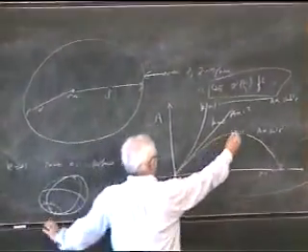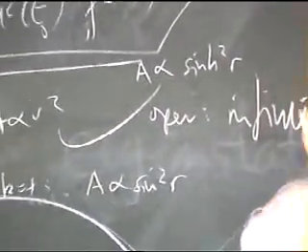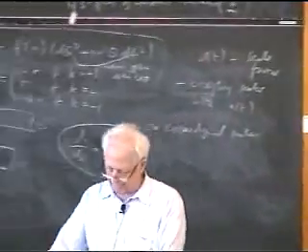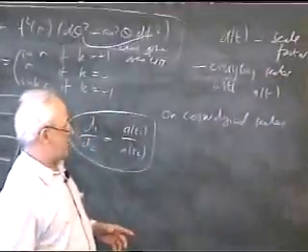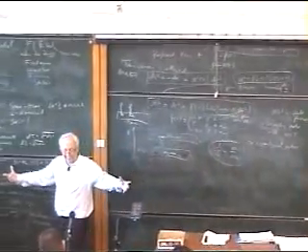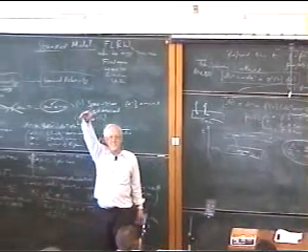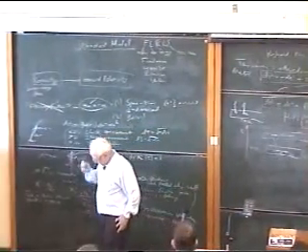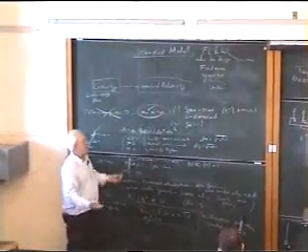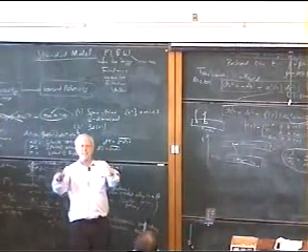Now, these two ones here are what we call open universes, and they are infinite. Now, this is a huge, huge difference, which people don't emphasize enough. In the case k is plus 1, because the universe is closed, there's only a finite number of galaxies out there. It's a very big number. So how many galaxies have we seen so far? Do you know? 10 to the 11 galaxies, roughly, we've seen so far. Okay. Now, in a closed universe, there might be 1,000 times that, 1,000 times 10 to the 11, which is a huge number, but it's a finite number.